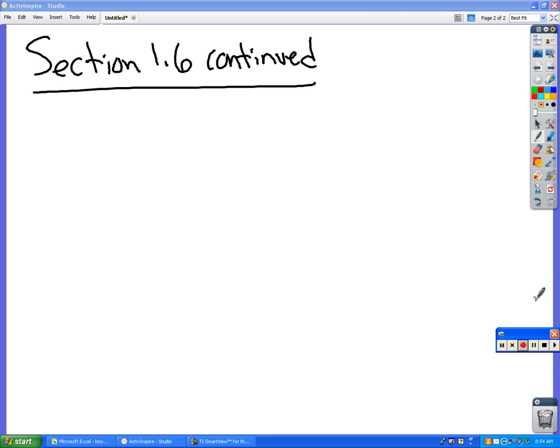Okay, so those were coming up with functions from data. You can also come up with functions from formulas. So for example, you might be asked to write the